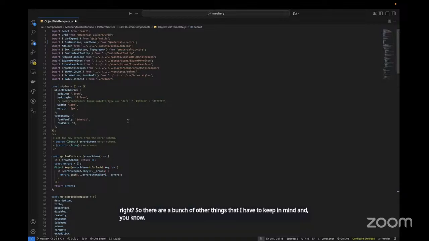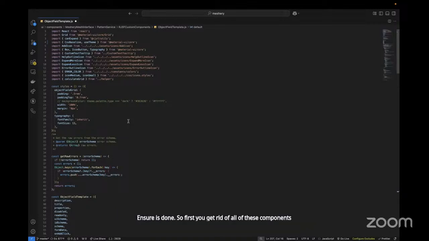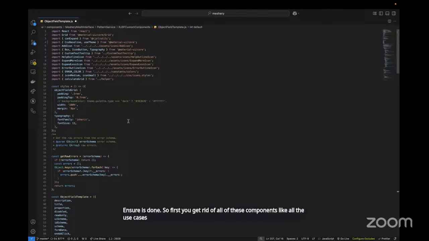First, you get rid of all of these components, like all the usage that you find throughout that specific component, which for us was withStyles here.